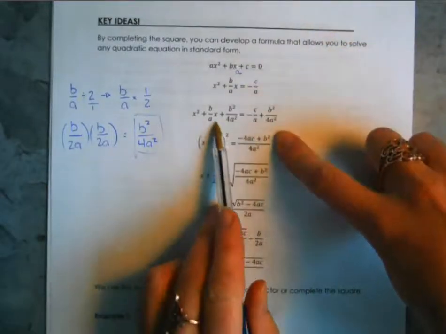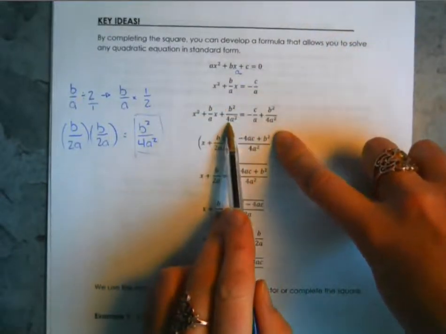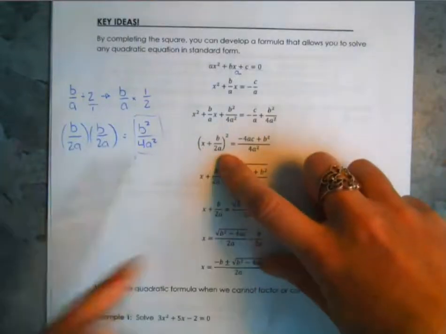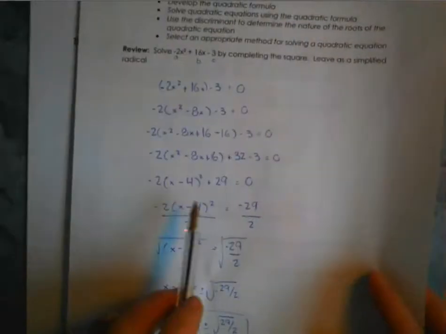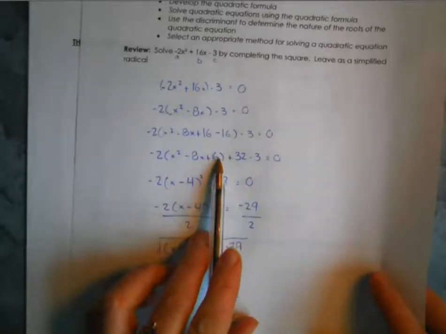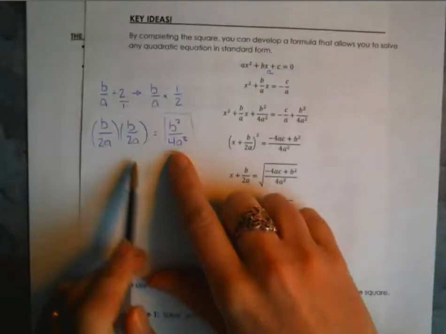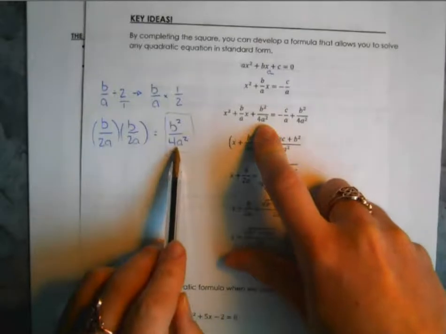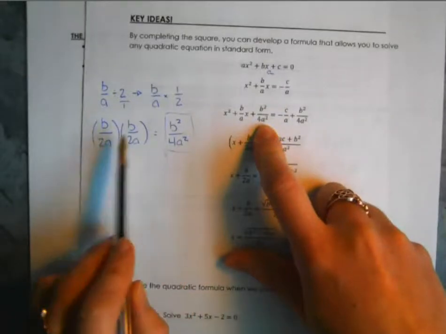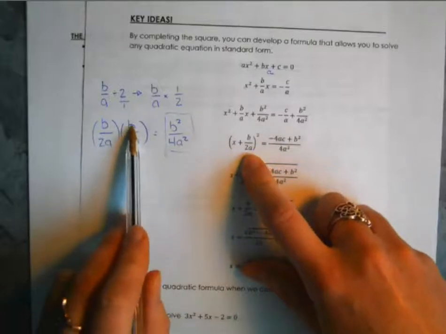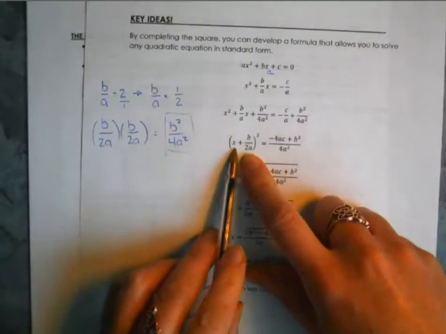Okay, so now we have our trinomial. Remember, the next thing we want to do is make this trinomial into a binomial that's just a squared set of brackets. If you remember, even on the previous page, you're looking for the square root of your last value that you just came up with. Because we squared these two to come up with that value, b squared over 4a squared, we know that the two values we multiplied together are going to be the square root of that. So basically it's b over 2a. Okay, so to make this into a binomial,